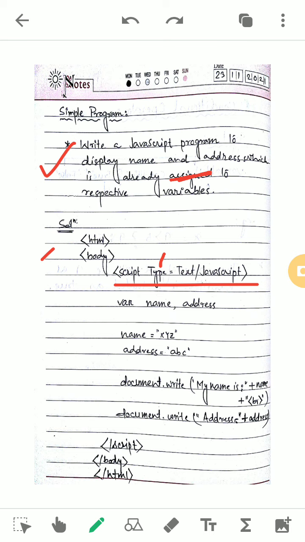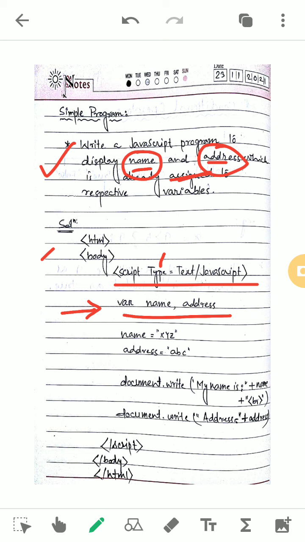Then you see, first of all we have to declare the variables that we are going to use in this program, like name and address, since name and address are asked about in your program. So we have declared the variables name and address. It is not mandatory to take the variable exactly as the question asks. We know the naming rules of a variable: capital letter, small letter, how to start. We have discussed these things, so we follow the naming rules and declare the variable.